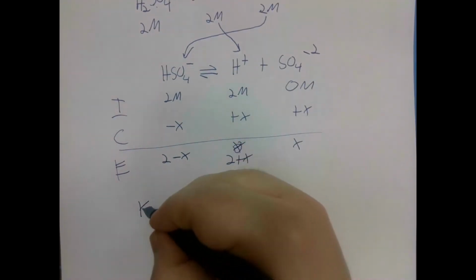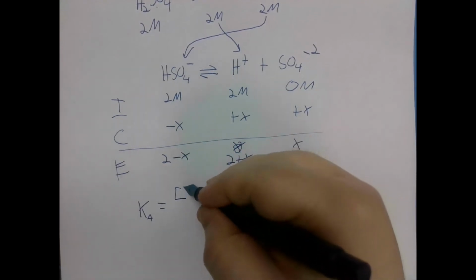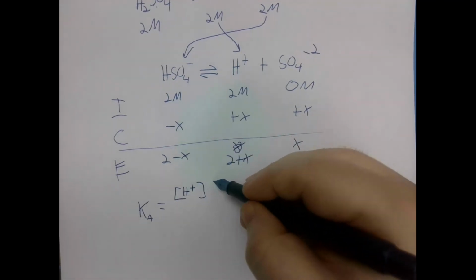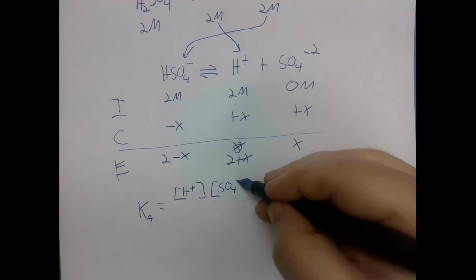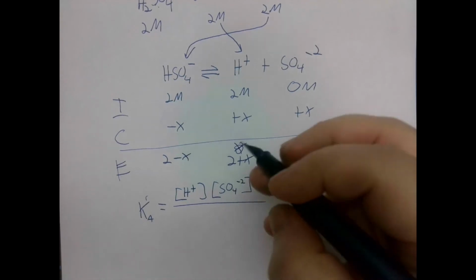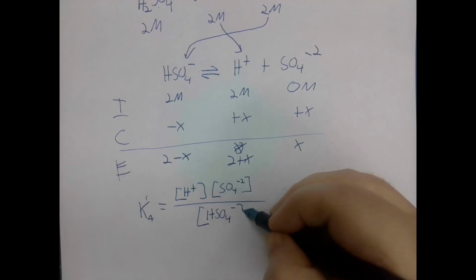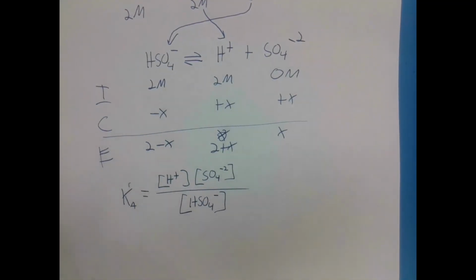So our Ka is equal to the concentration of H plus times our concentration of SO4 negative 2, divided by our concentration of HSO4 negative ions. Looking up the Ka value for HSO4 negative,